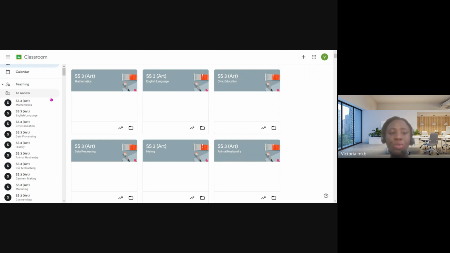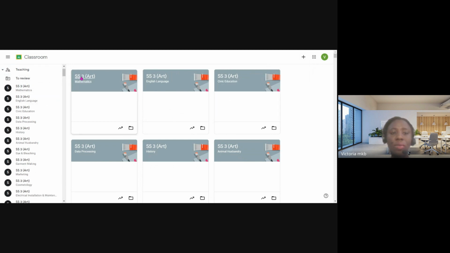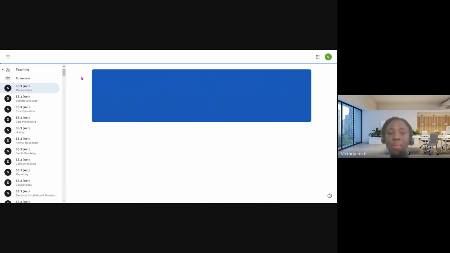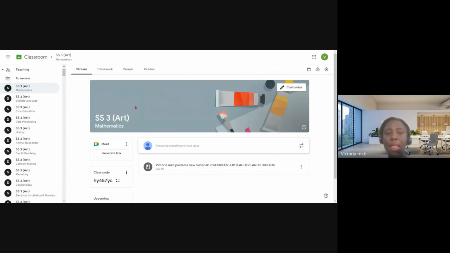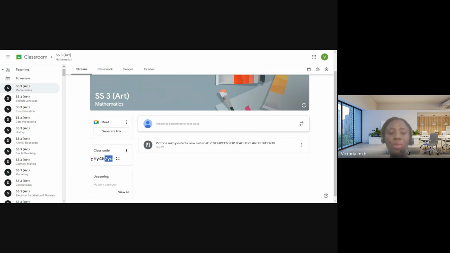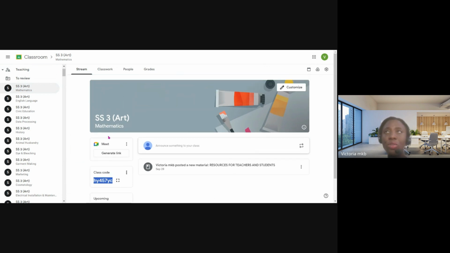Now, what does the code look like? Let's go into SS3 Art Mathematics class. All right, so this is what the code looks like, the class code. So it's just a combination of numbers and alphabets. That's what the class code looks like, and that's what you'll be giving out, okay, for anyone who wants to